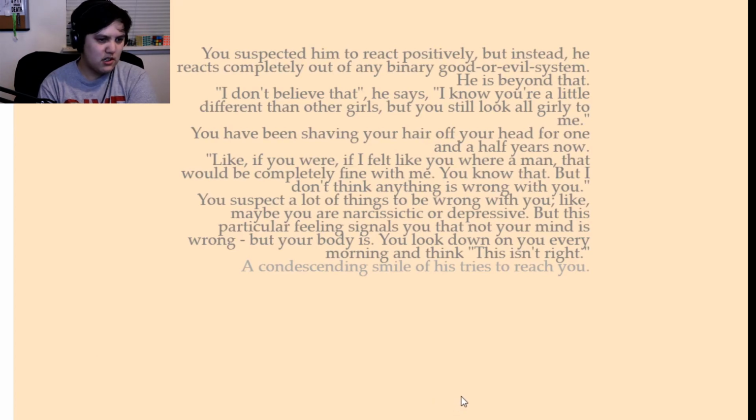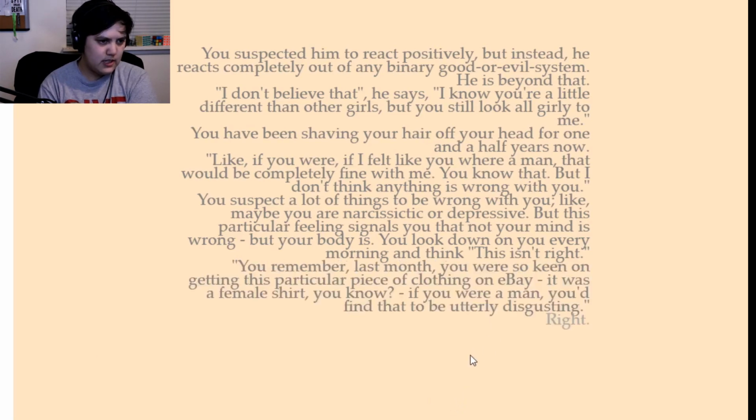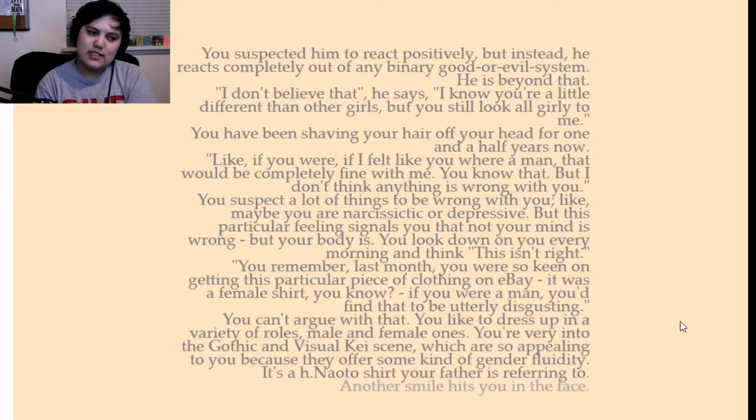A condescending smile of his tries to reach you. Remember last month you were so keen on this particular piece of clothing on eBay? It was a female shirt, you know. If you were a man, you'd find that utterly disgusting. Right. You can't argue with that. You like to dress up in a variety of roles, male and female ones. You're very into goth and visual kei